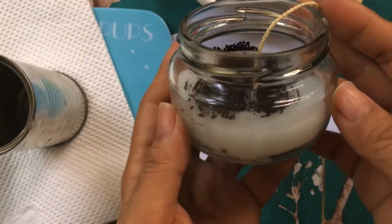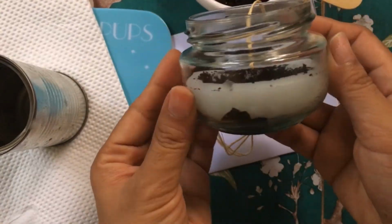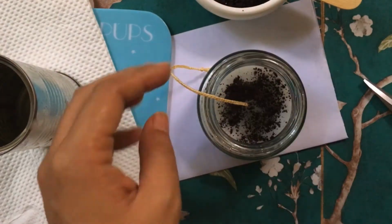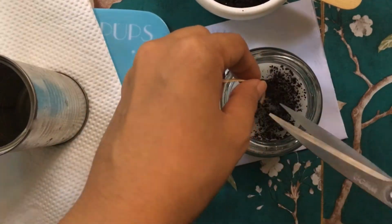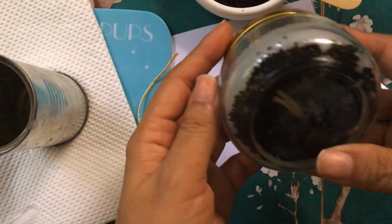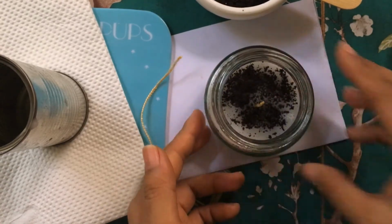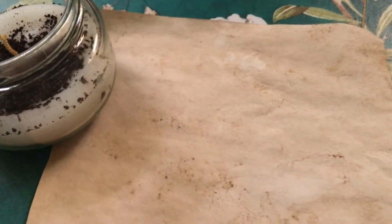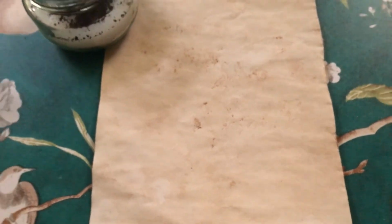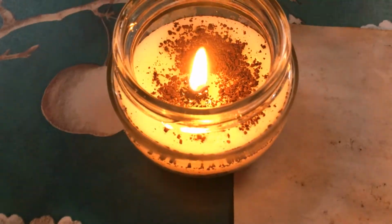So here's the finished coffee candle. I trimmed the wick. I then closed the lid to test and make sure that the candle was attached securely inside the container. And I'm just glad that it was. So here's the coffee candle and antique paper. Just a disclaimer, I did light up this coffee candle and I have to say that it didn't smell any coffee scent at